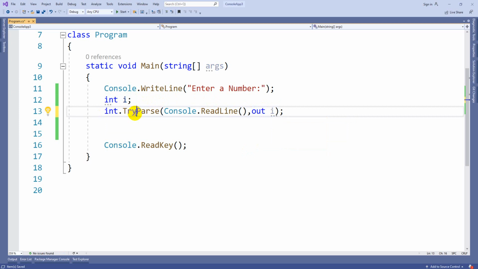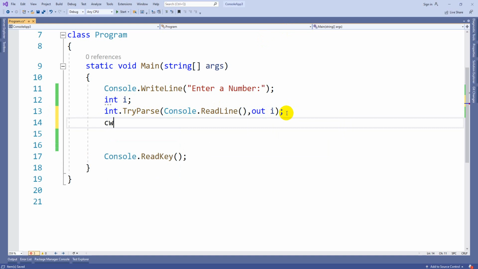That means the TryParse method's output is passed into this variable i, that is the reason we are using the out keyword. About this out keyword we are going to discuss in further videos, because there is a topic called the differences between ref and out keywords. At that time I am going to show you why we placed this out keyword. For now just remember it like this. After the conversion of the Console.ReadLine value is completed, and the input is converted into the respective format, the output will be saved here.